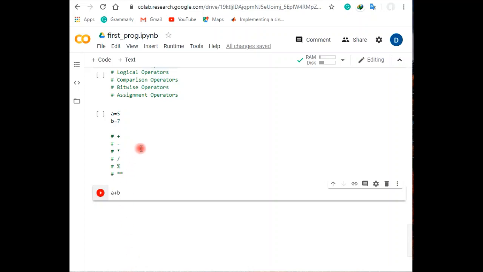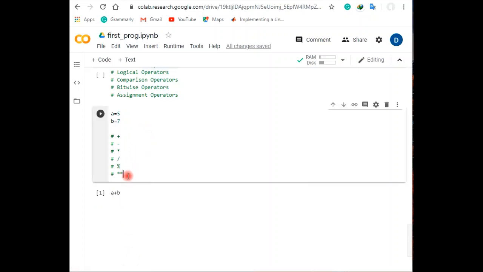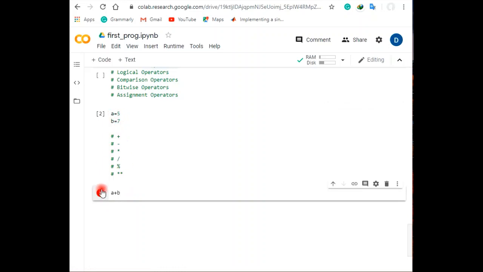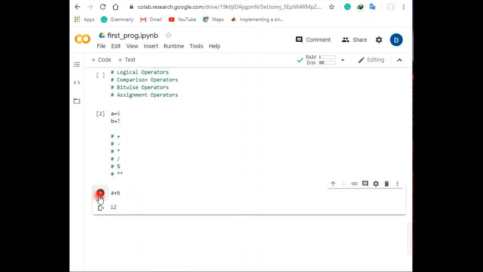It shows an error because this has not been assigned previously, so we have to run this first. What exactly is a and what exactly is b? Well, now a and b are stored and assigned, and now we try it. That's nice. So you see, if you are not assigning a value or not running the code, it will show the error as we have gone through in the previous one.